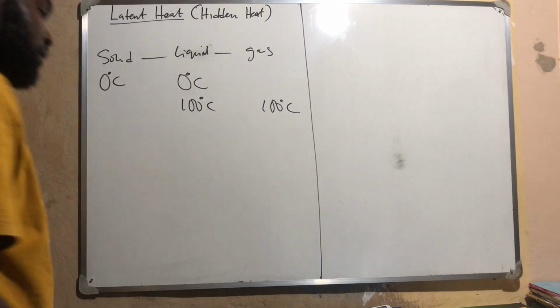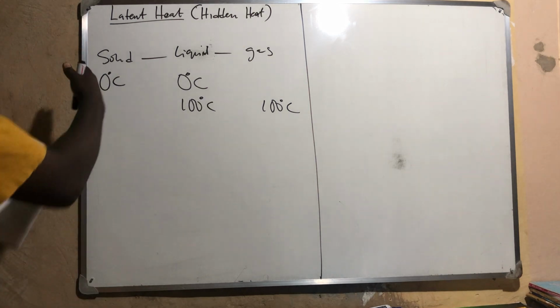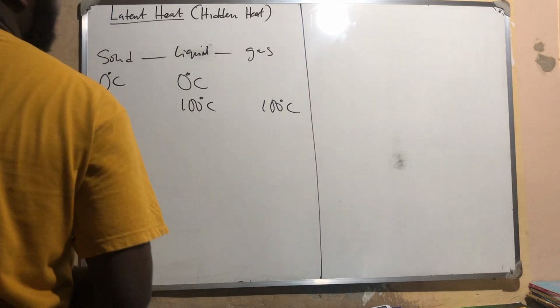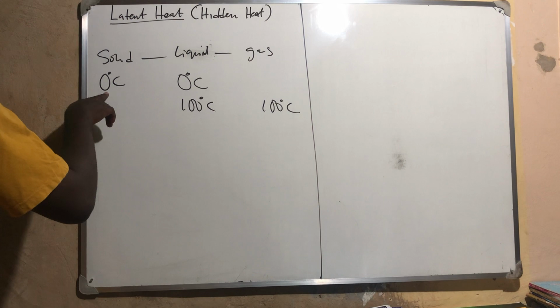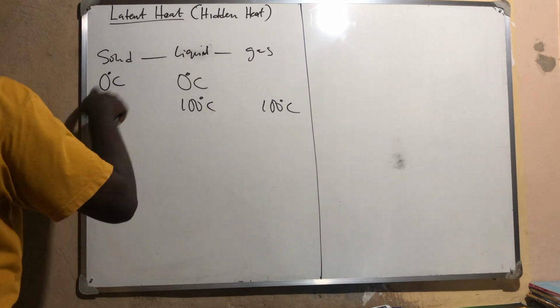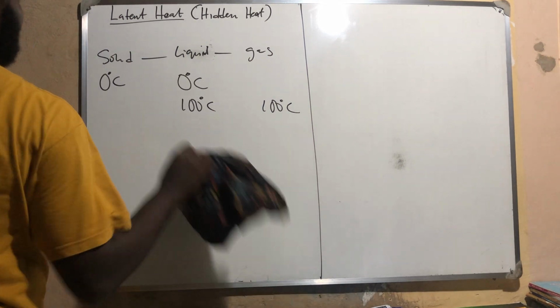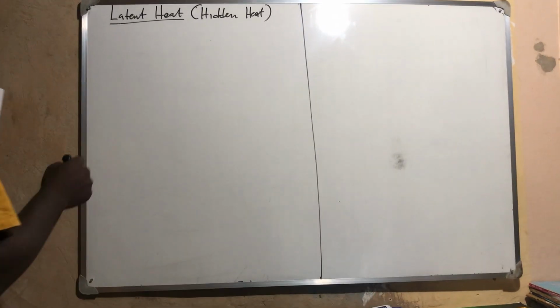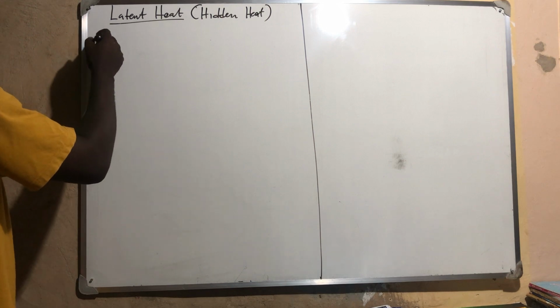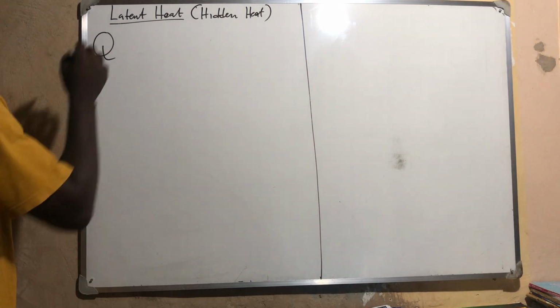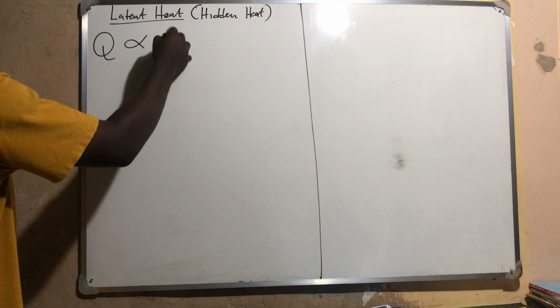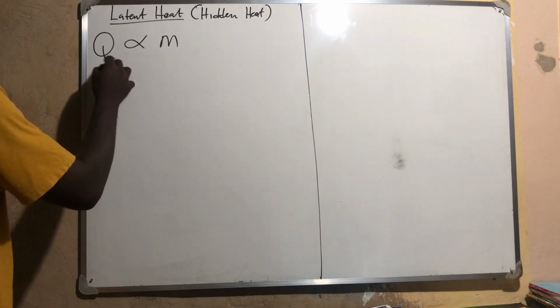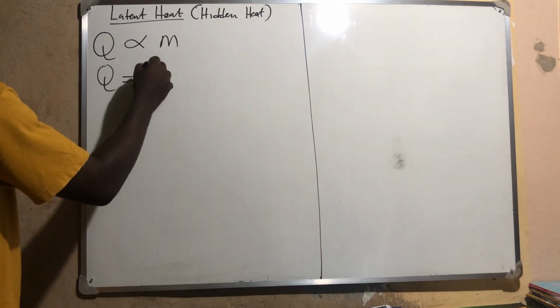So that is exactly what I explained here. If ice can change from solid to liquid without a change in temperature, what happened there is latent heat of fusion. Mathematically, let's represent latent heat with Q. Latent heat is directly proportional to mass. If you remove the proportionality sign, you have that Q is equal to